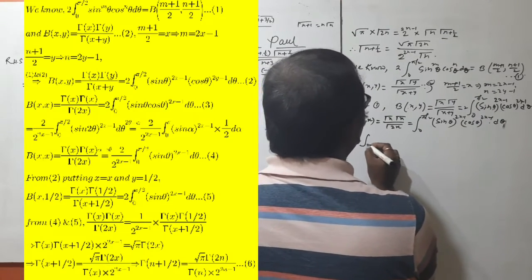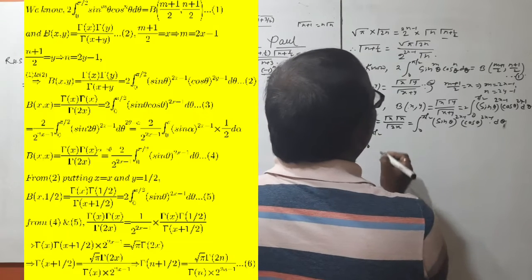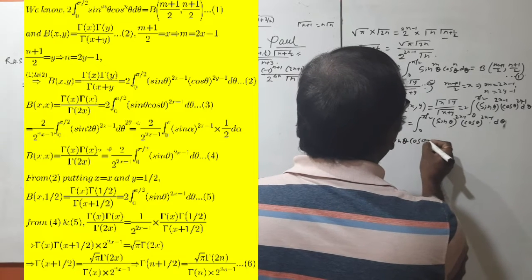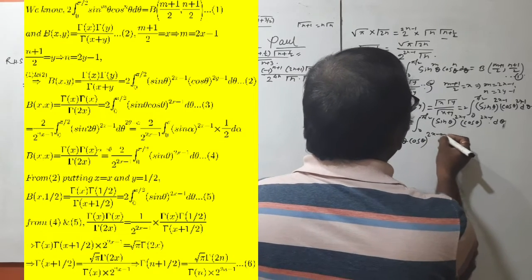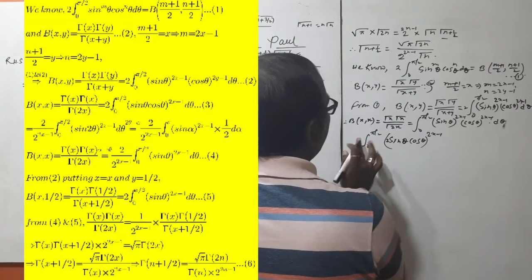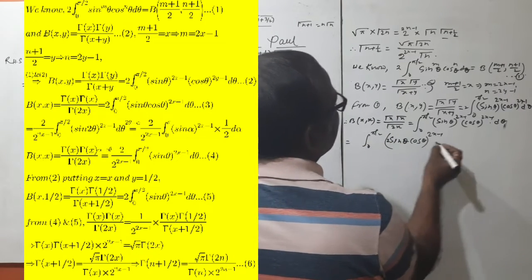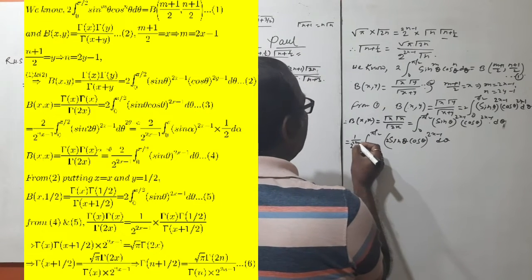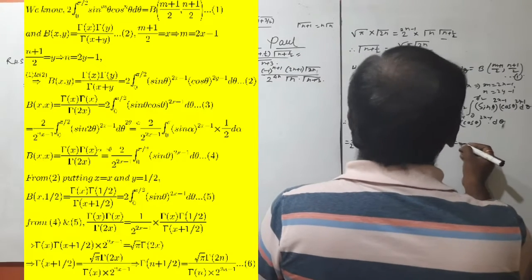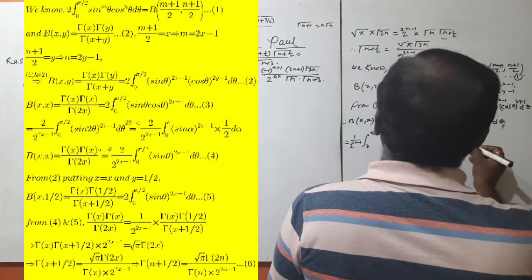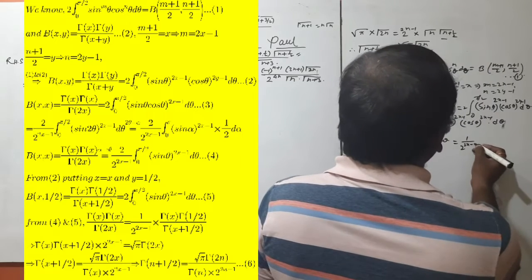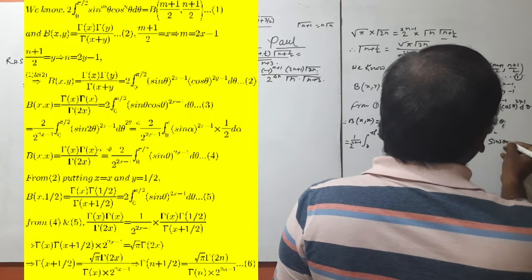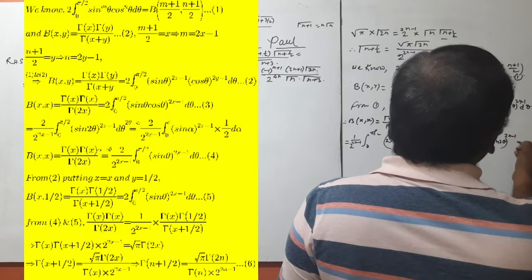So this is the integral from 0 to pi by 2. Both the powers are the same here, sine theta and cos theta, to the power 2x minus 1. So we multiply by 2 here, and for balancing we multiply by 2 to the power 2x minus 1, and this is equal to 1 over 2 to the power 2x minus 1 times the integral from 0 to pi by 2 of sine 2 theta to the power 2x minus 1